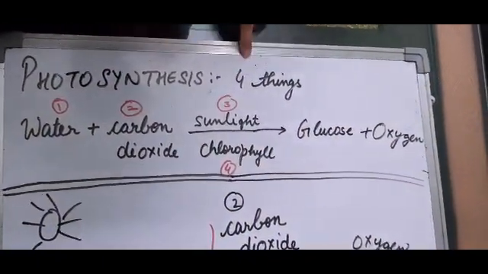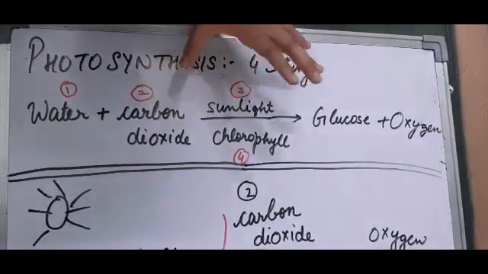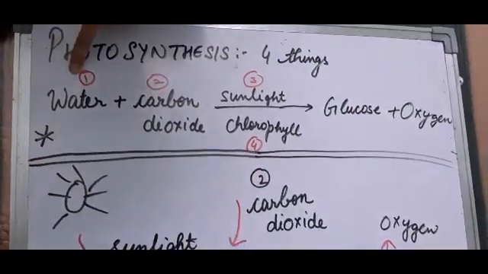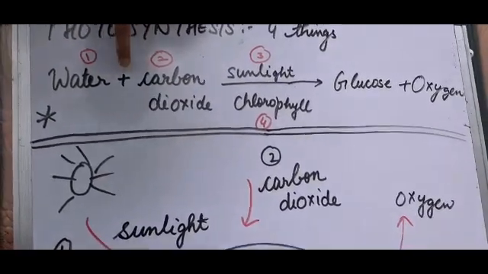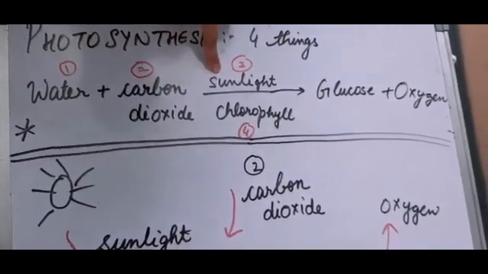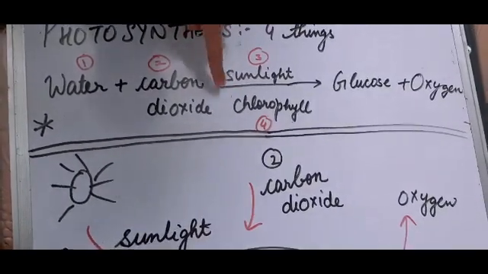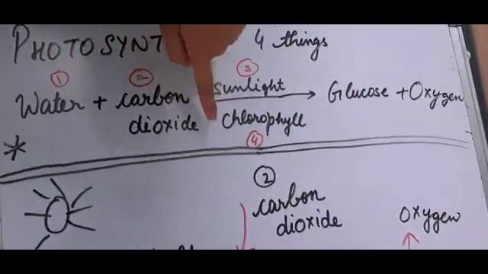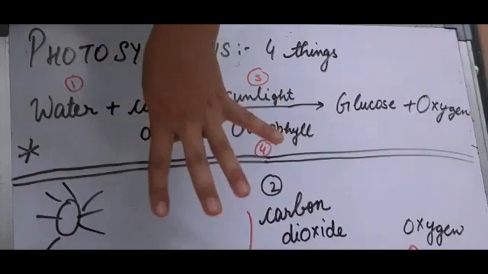So now let's look at photosynthesis. For photosynthesis, a green leaf needs four things. Now see, this I have written is an equation of photosynthesis. This is very important. So number one, a green leaf needs water. Number two, the green leaf needs carbon dioxide. Plus sign means this plus this, both things are needed. And then the green leaf also needs sunlight, and the green leaf is already having chlorophyll. So chlorophyll is already present, and this the green leaf has to take from the air and from the soil. So four things are needed.